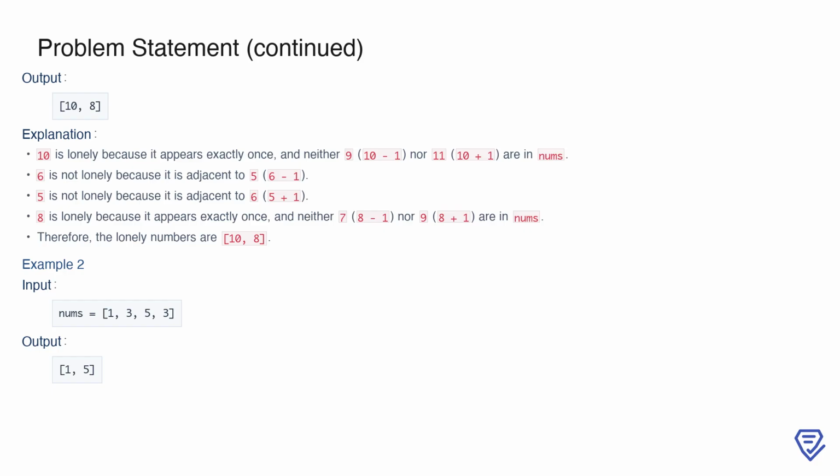If the input array nums is 10, 6, 5, 8, the output would be 10, 8. Here's why: the number 10 is lonely because it appears exactly once, and neither 9, 10 minus 1, nor 11, 10 plus 1, are present in the array. The number 6, however, is not lonely because it is adjacent to 5, 6 minus 1. Similarly, 5 is not lonely because it is adjacent to 6, 5 plus 1. Finally, 8 is lonely because it appears exactly once, and neither 7, 8 minus 1, nor 9, 8 plus 1, are present in the array. Therefore, the lonely numbers in this case are 10 and 8, which we return as the